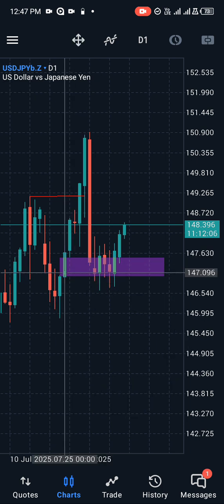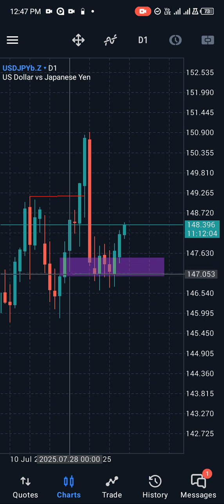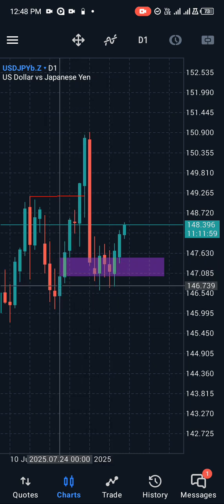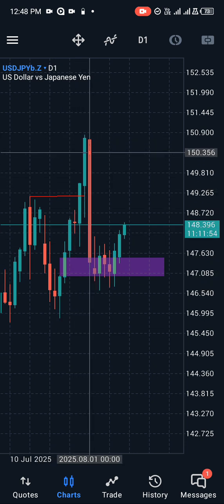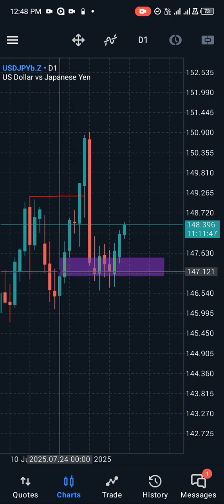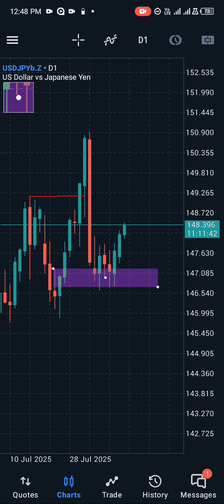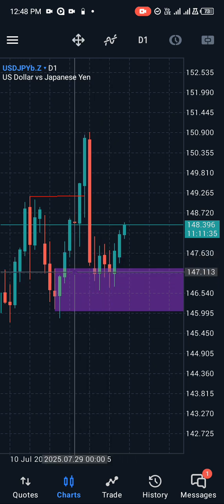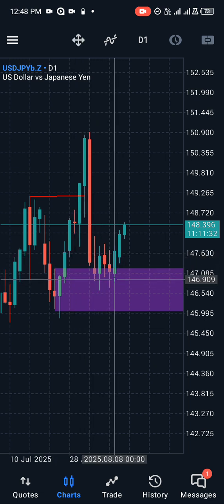This imbalance I'm talking about comes with this daily order block sitting around this zone. After this massive candle to the downside, I was so sure that price wanted to fill this imbalance and react from this order block. So let me mark the order block. That was my order block, and fair enough, after price filled this imbalance completely, it tapped the order block